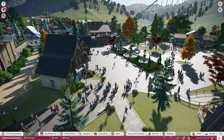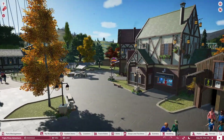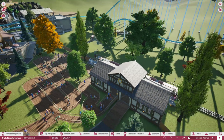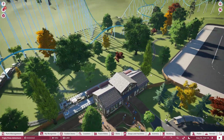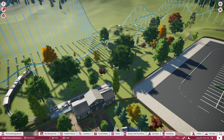I like to improve. Alright, so we got this main plaza area. And over here we got some more shops, restrooms, sitting area. And then over here we have our railway. Now I think every medium to large park should have some type of railway, whether it be transport or just a circuit. And we chose to do circuit because the way our park is set up is kind of interwoven together,